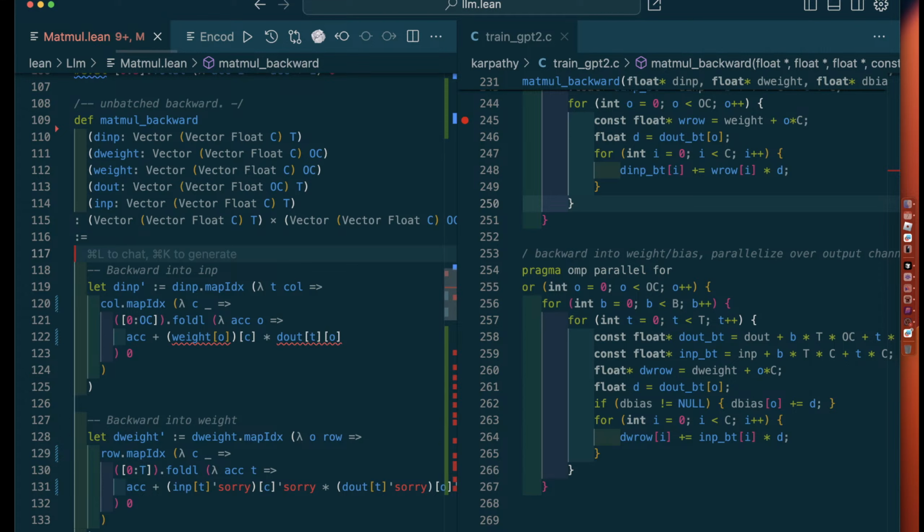Yeah, here we are. Okay, so the input, d weight, weight, d out, and input, which should be the same shapes as input and weight, or rather out. Nonetheless, those are the same. And this could be